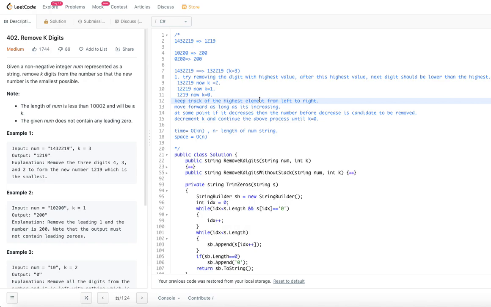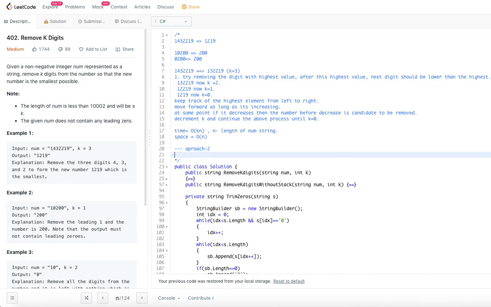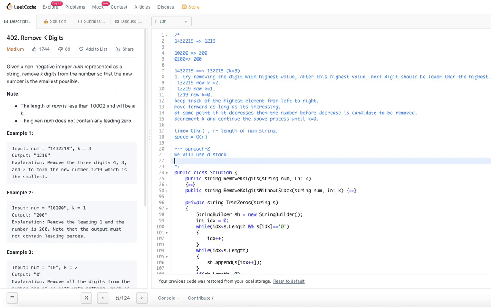Once it starts decreasing, we knock off the element. There is a little change because we are going to employ a stack. This will be approach 2 for us, where we use a stack to keep track of which element needs to be knocked off.